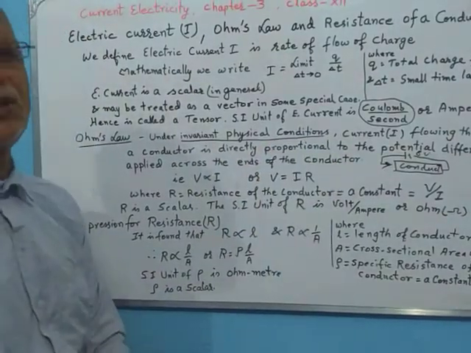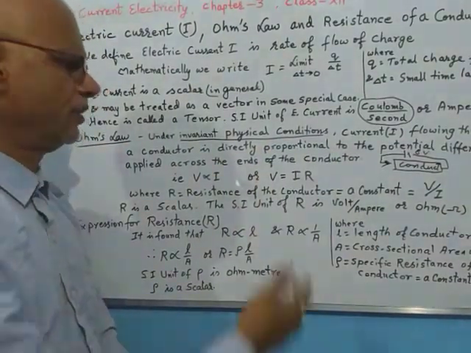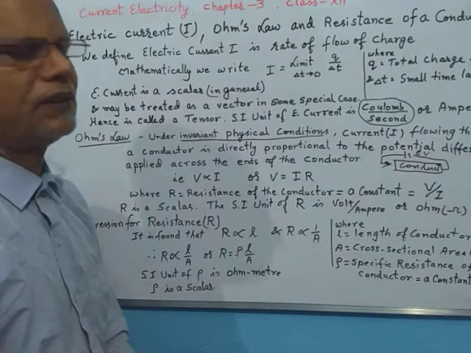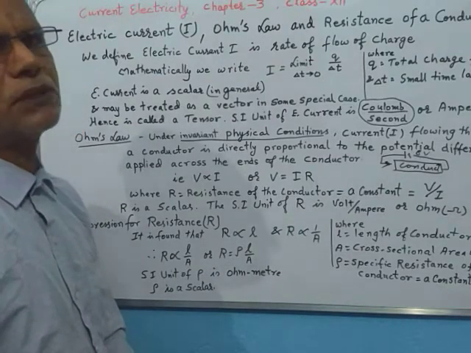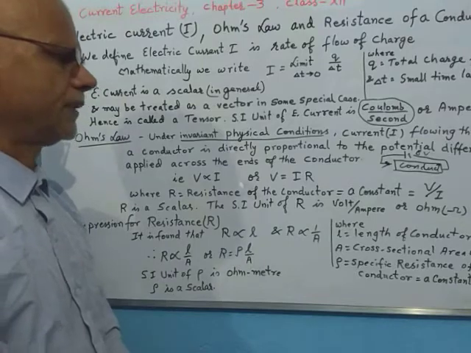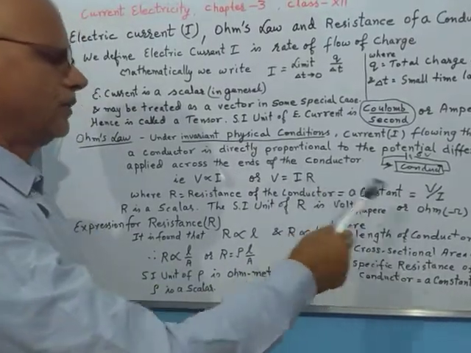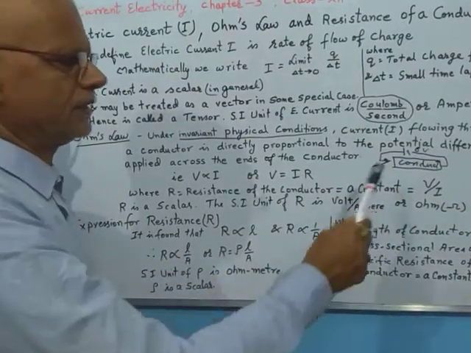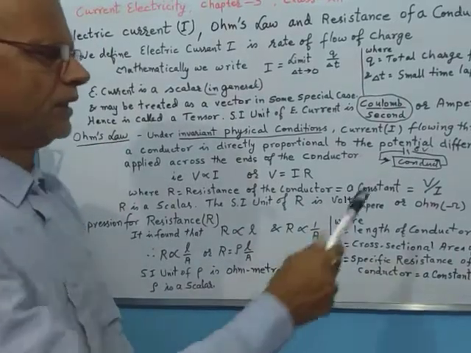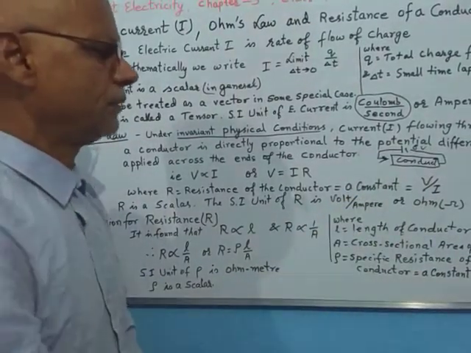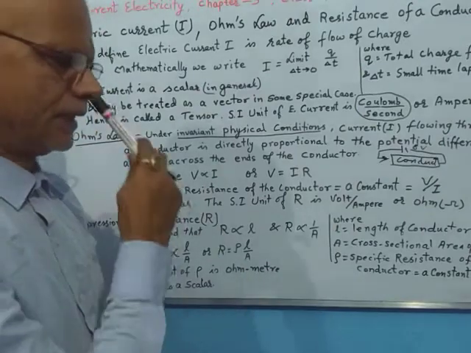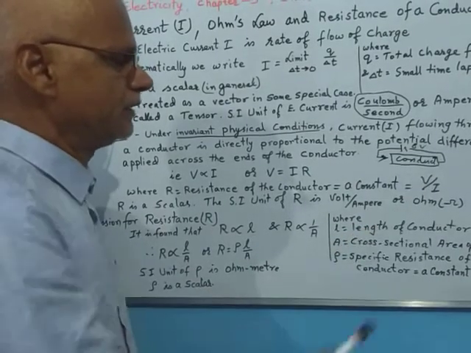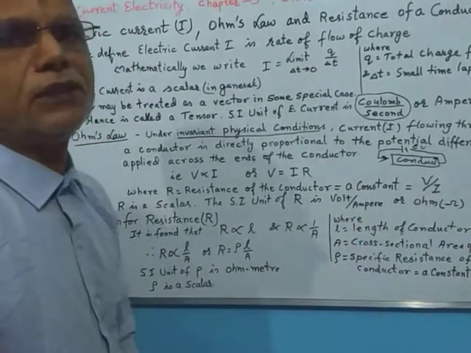If the physical conditions change, then the resistance, the ratio of V and I, will also change. That means the resistance value of the conductor will change, and it must be noted by you that once we increase the potential difference applied across the conductor, then the V value will increase. Say for example, we had just talked that if we increase it from 3 volt applied across the conductor to 6 volt applied across the conductor, what should happen? The current flowing through the conductor should also double up. Means if V is increasing twice, then current should also be increasing twice, provided